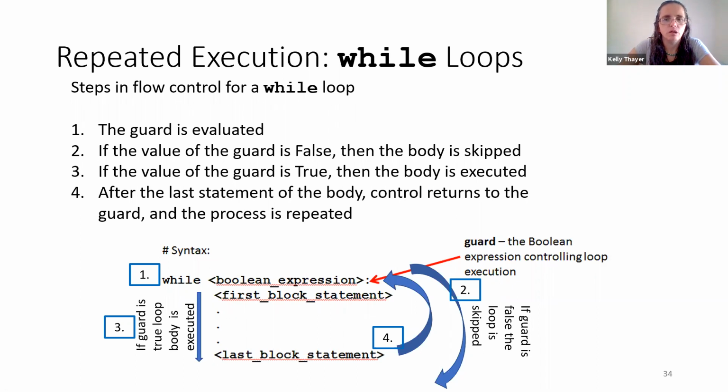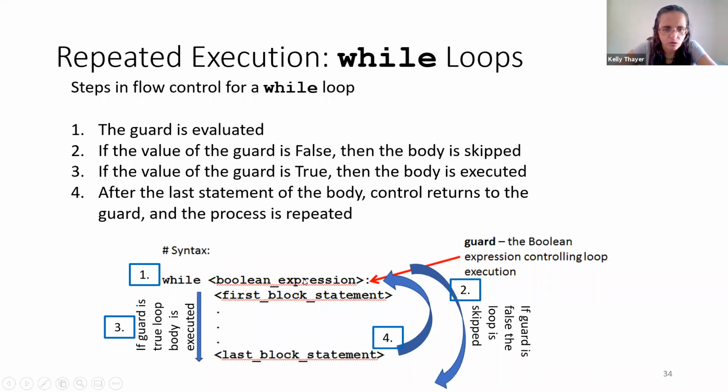In repeated execution, we have while loops that are going to have multiple steps through it. So let's just take a look at how this is actually done. So first of all, the guard is going to be evaluated. That is step one. If the value of the guard is false, then the body is skipped. And then that's the end, right? So that's what this is representing here. So we could have while, and we could have that this is false, and then it will just be over. Two, if the value of the guard is false,